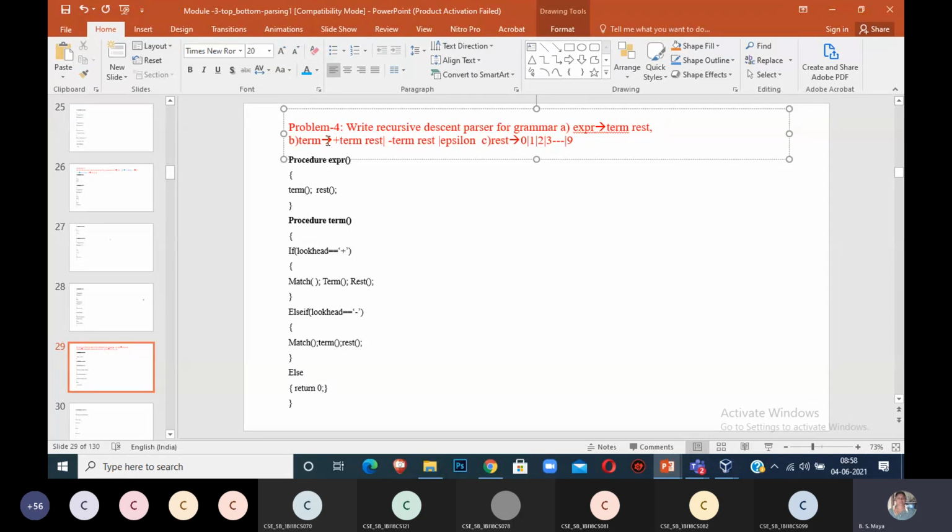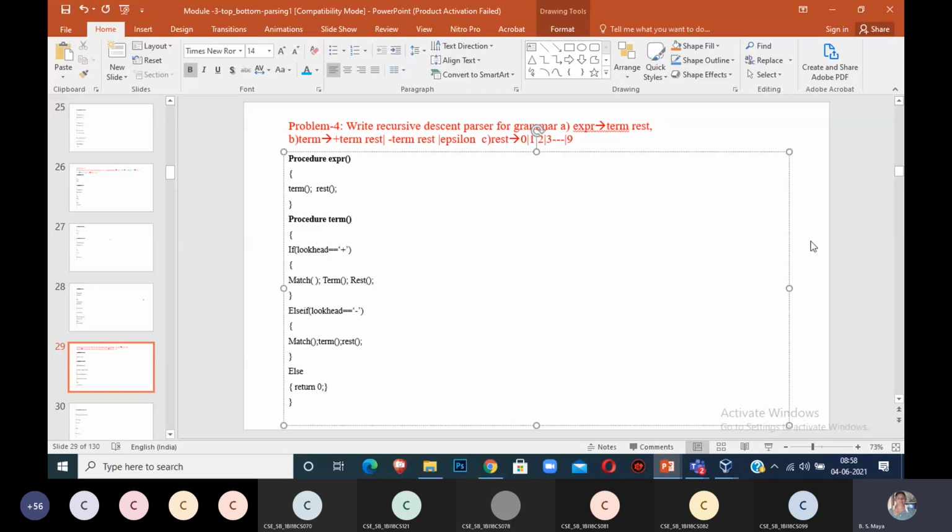Next, term derives plus term rest, or minus term rest, or epsilon. The last one, rest derives 0, 1, 2, 3, up to 9.